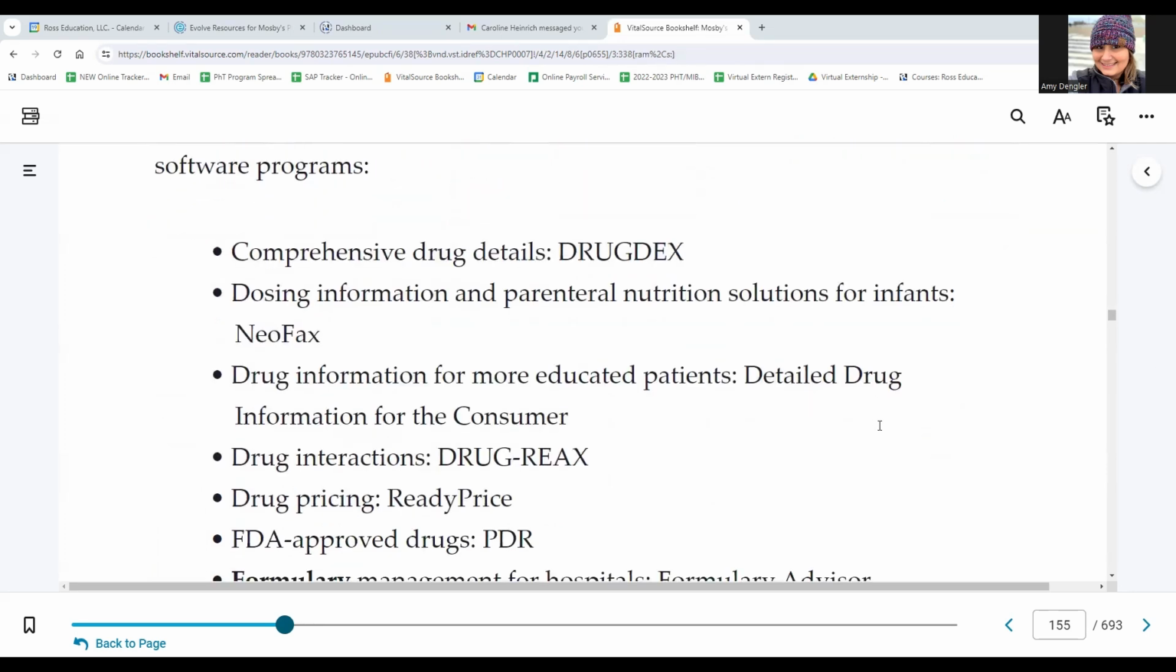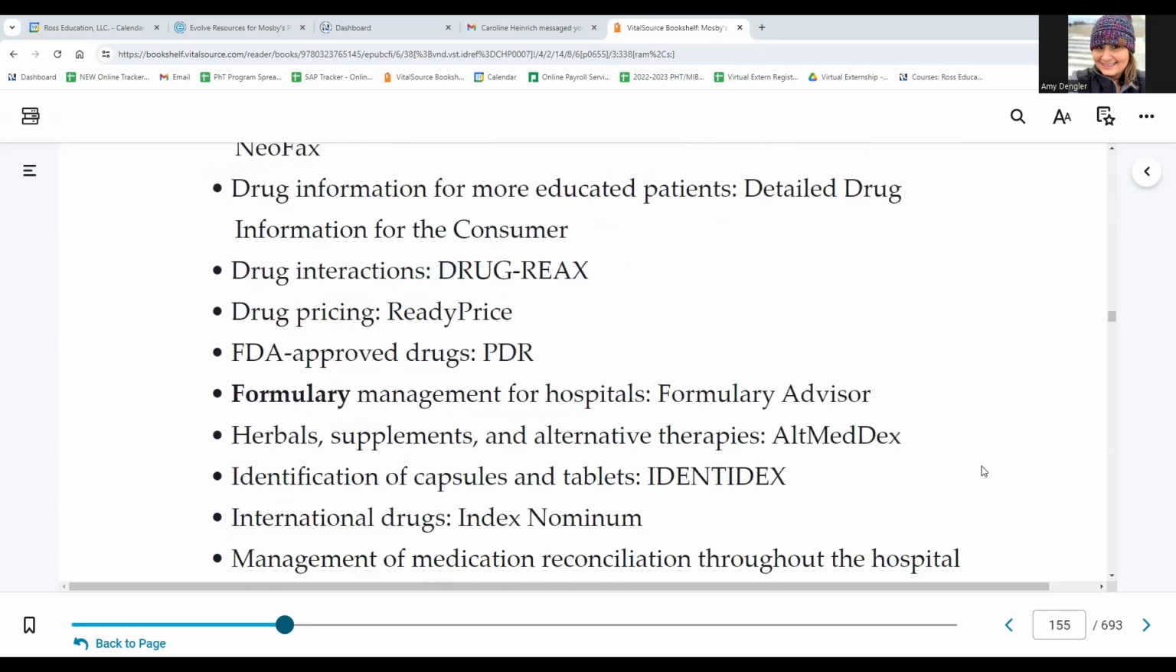Comprehensive drug details, drug decks, dosing information and parenteral nutrition solution for infants, Neofax, the drug information for the more educated patient, detailed drug information for the consumer, drug interactions, drug reacts, drug pricing, RedBook, FDA approved drugs, PDR, formulary management for hospitals, the Formulary Advisor, herbals, supplements, and alternative therapies, AltMedDex, identification of capsules and tablets, Identidex, international drugs, Index Nominum,